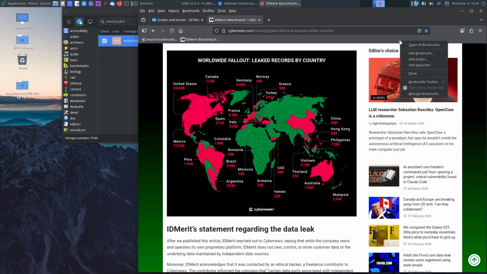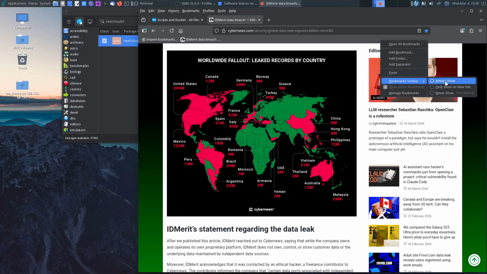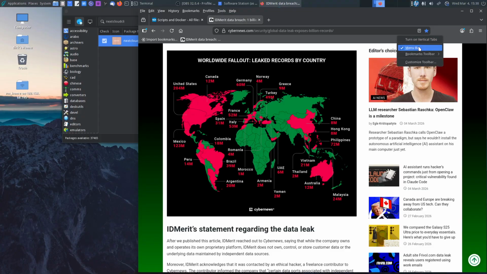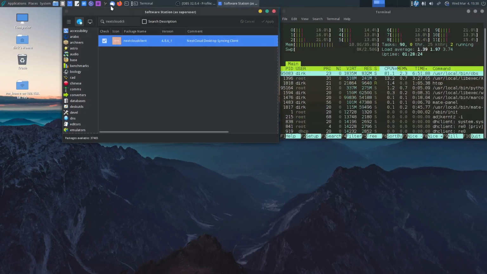And of course I switch on the bookmarks toolbar. I right clicked on this. That's how I got this, right? So I right click here, bookmarks toolbar as always, and I switched on the menu bar. So that's how I got this here. All right, that is that. So that's what I do, and then I installed my Thunderbird, and I just made a video on how to restore